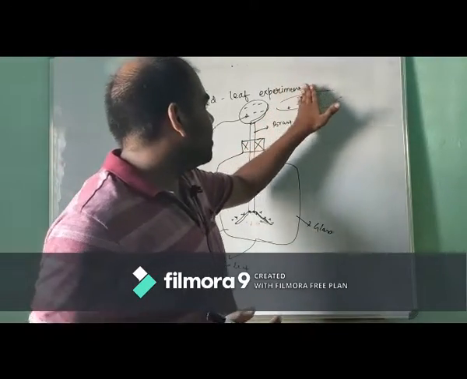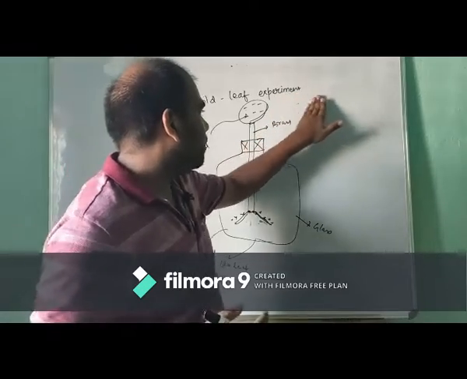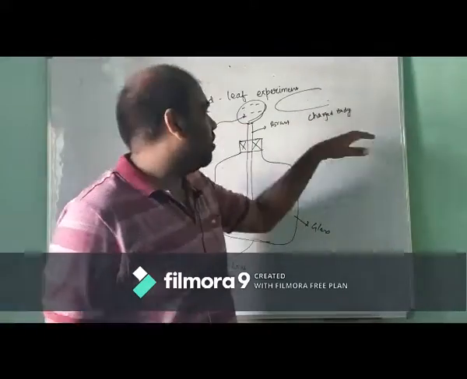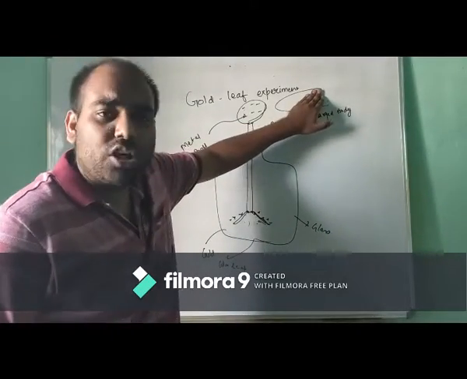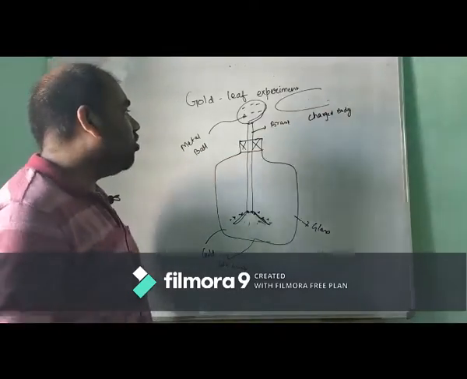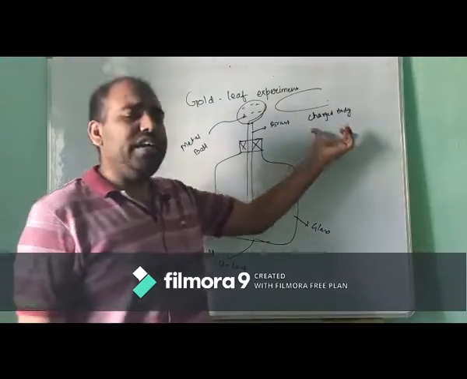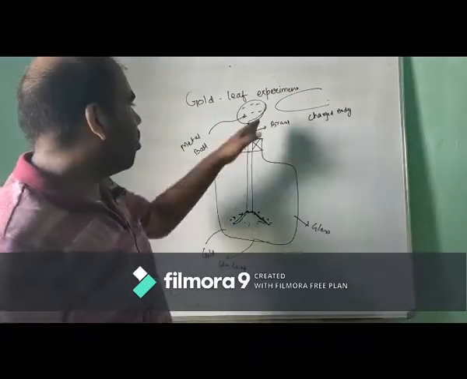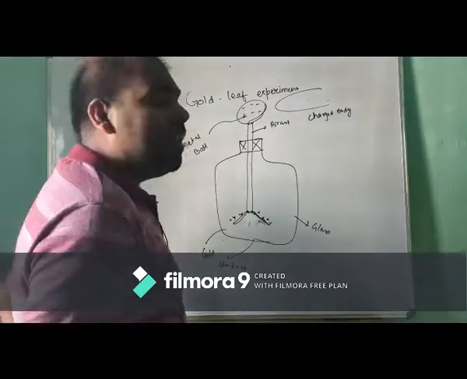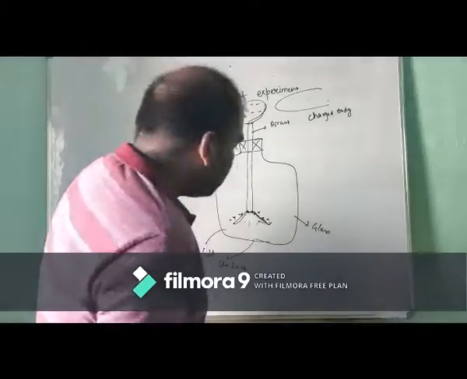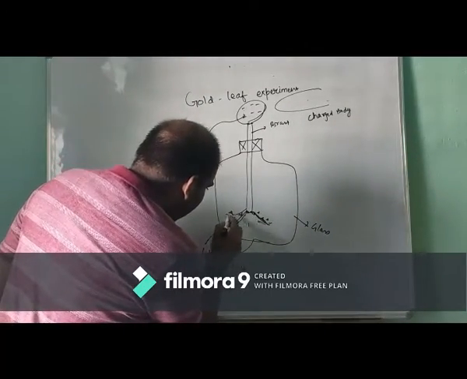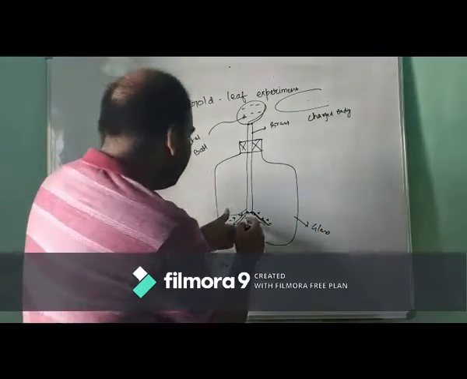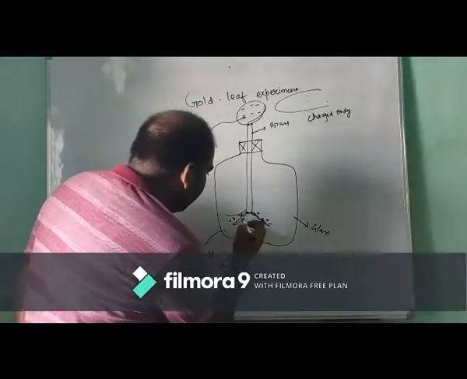Now if there is an unknown charge, I have to detect it. Suppose I don't know about the charge of this charged body, whether it is positive or negative. Now what happens if the charged body comes into contact with this metal ball, which already has a negative charge? Two things can happen. The first thing, the gold leaf can further expand, further flap. The angle of deviation will further increase, or it can decrease.